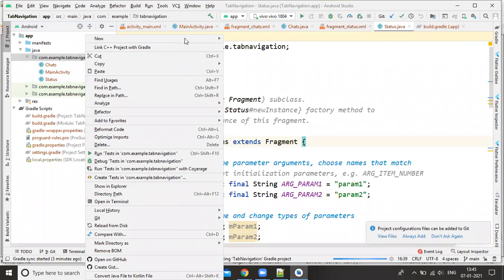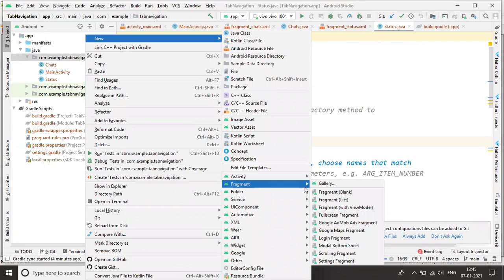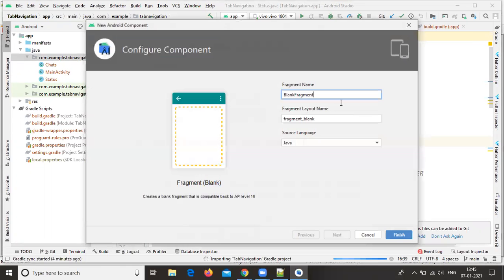Two fragments are enough for swiping. For easy understanding, in case you are creating one more fragment, you can create it, there is no problem. Like that, you can create any number of fragments.